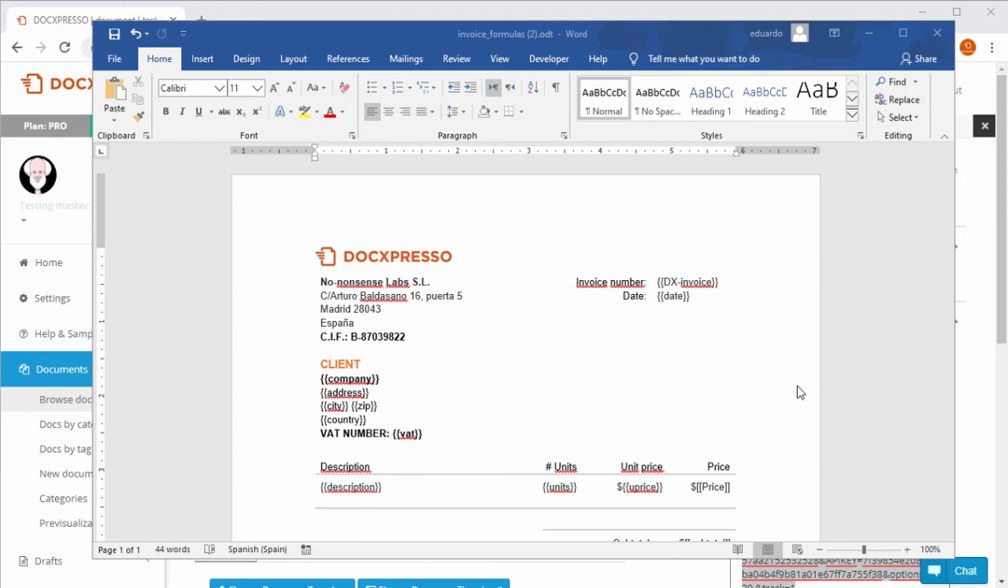Hi, we would like to give you a brief introduction to the concept of global variables within Docxpresso. Since Docxpresso version 4, we may introduce variables that are shared by all templates. In order to do so, what we have to do is to tag those variables with a prefix of